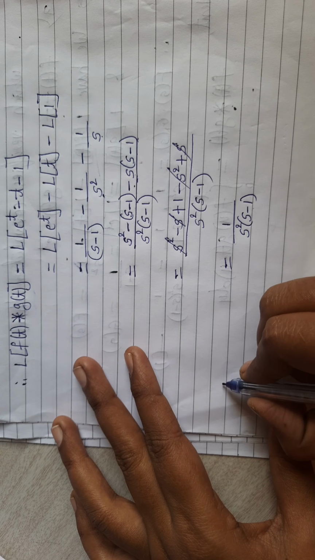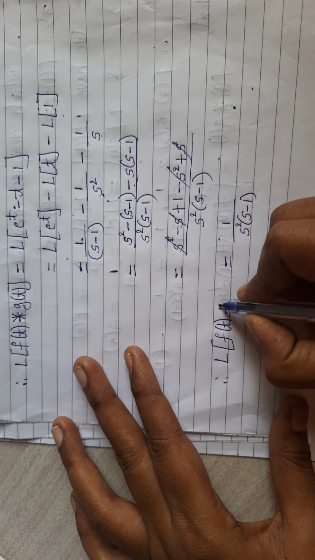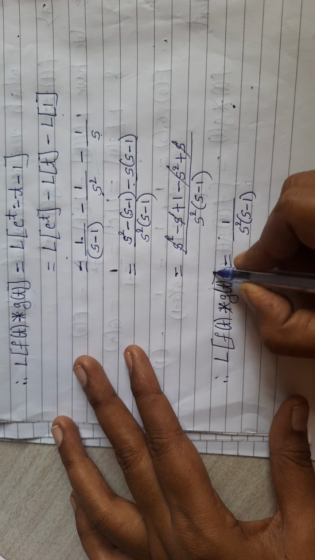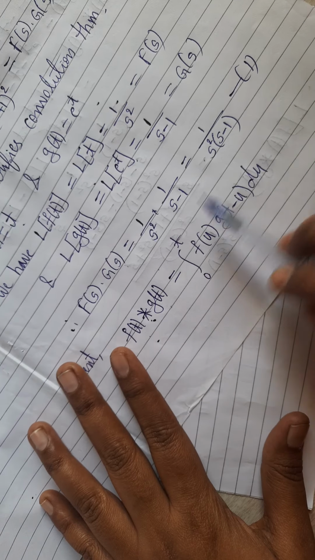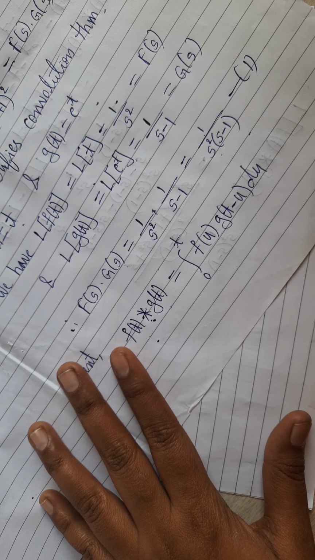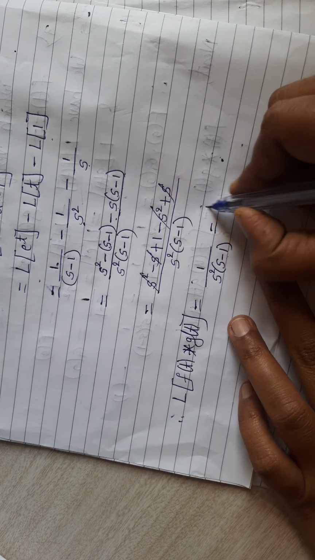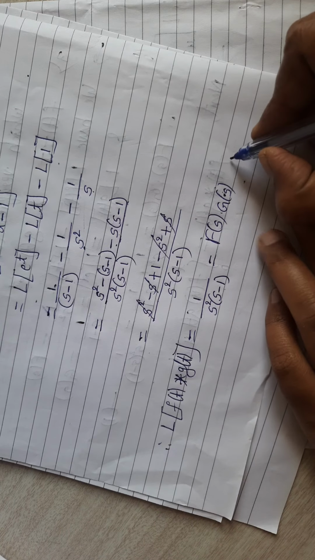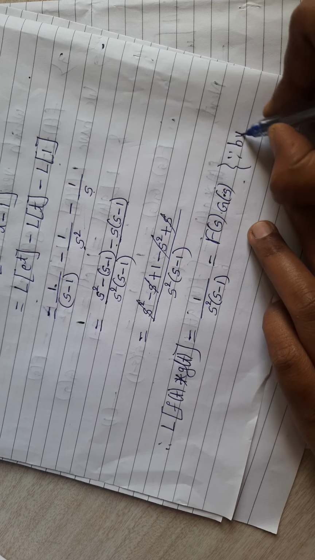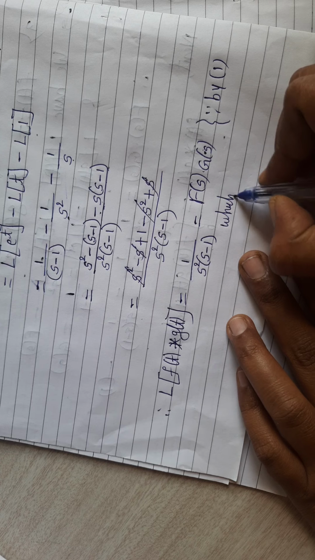This is L of f of t star g of t. And check what we got, f of s into g of s. We got f of s into g of s as 1 divided by s square into s minus 1. That is the same thing we are getting. So right, this is equal to f of s into g of s, since by equation 1, we can write, which verifies